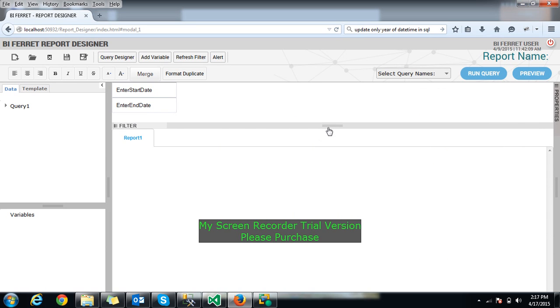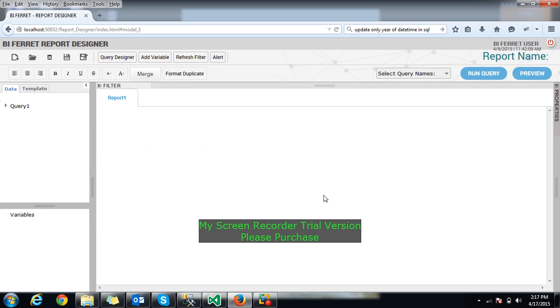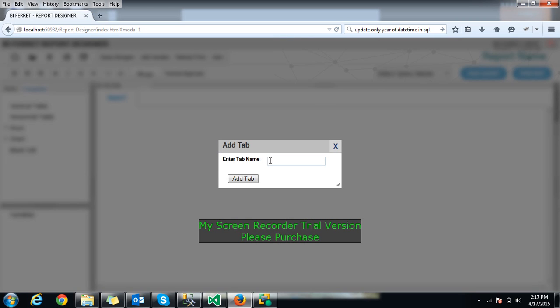So this is about the north pane, and now this is the center pane. In this center pane I can create my report from the report template, and I can add more tabs. This is the first tab. The first tab will appear automatically when I create a report. And if I want to add more tabs, then I just have to right click on the center portion and add tab. I have to give a name to my tab,